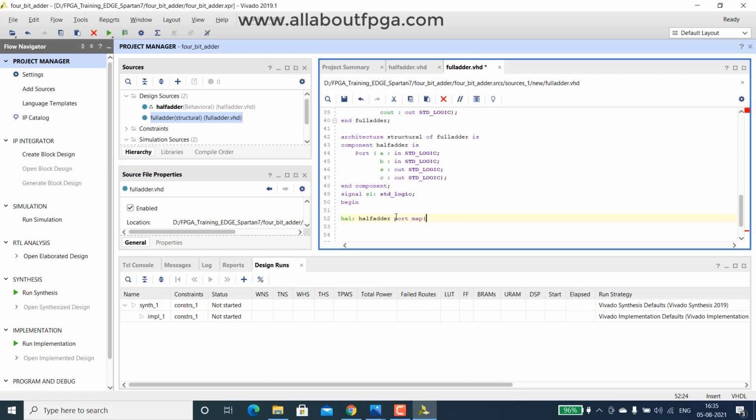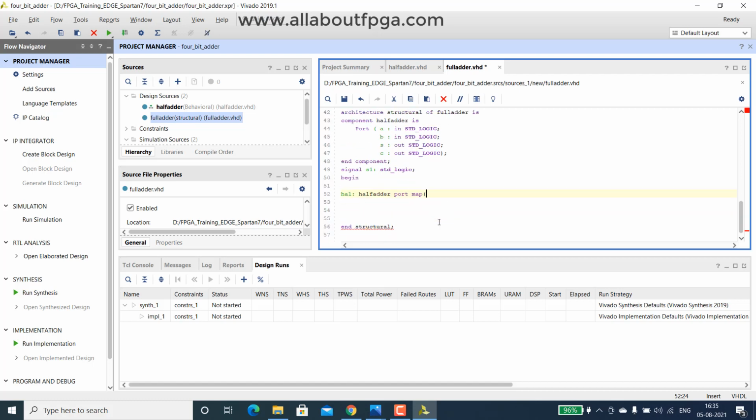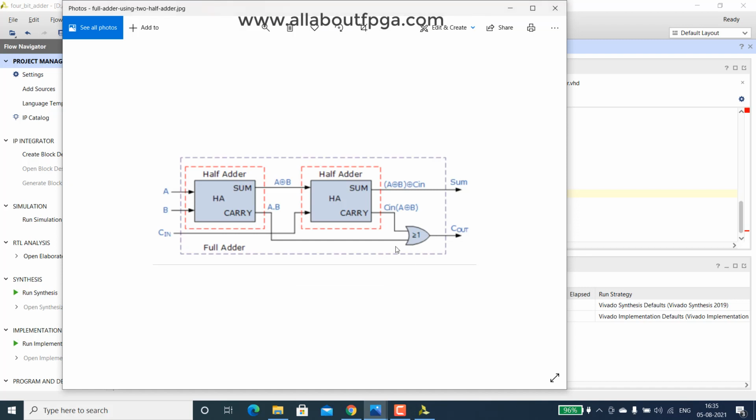So here what I am going to do is simply assign A, B, S1 and that carry also going to another gate, the OR gate.